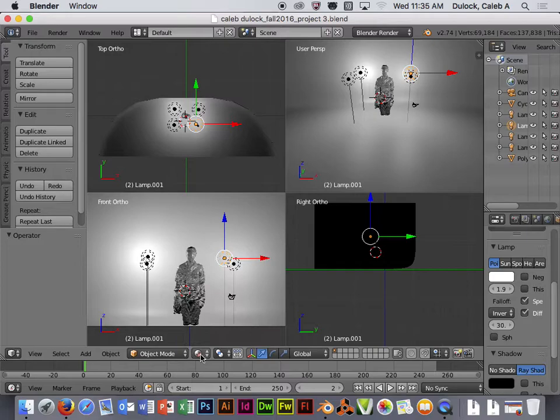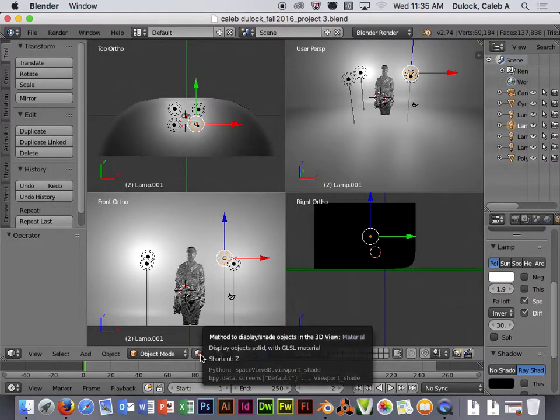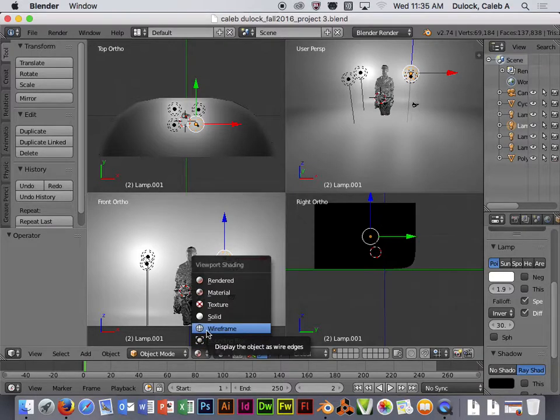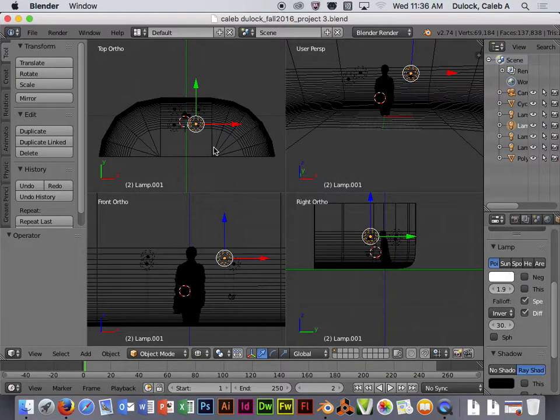I'm going to go to that little sphere down in my 3D menu bar and switch it to wireframe. You might have yours set to solid, which is the white sphere, or material, which is the orange sphere. But I'm going to switch it to wire. When I bring up wireframe view, this is what it looks like. Everything's broken down into its polygon bone structure. Viewing my environment this way allows me to see the 3D grid floor